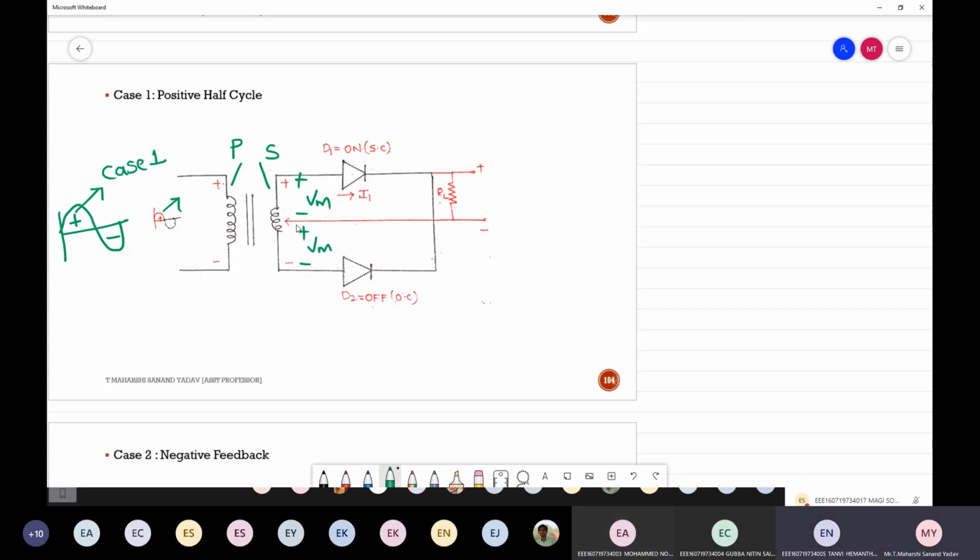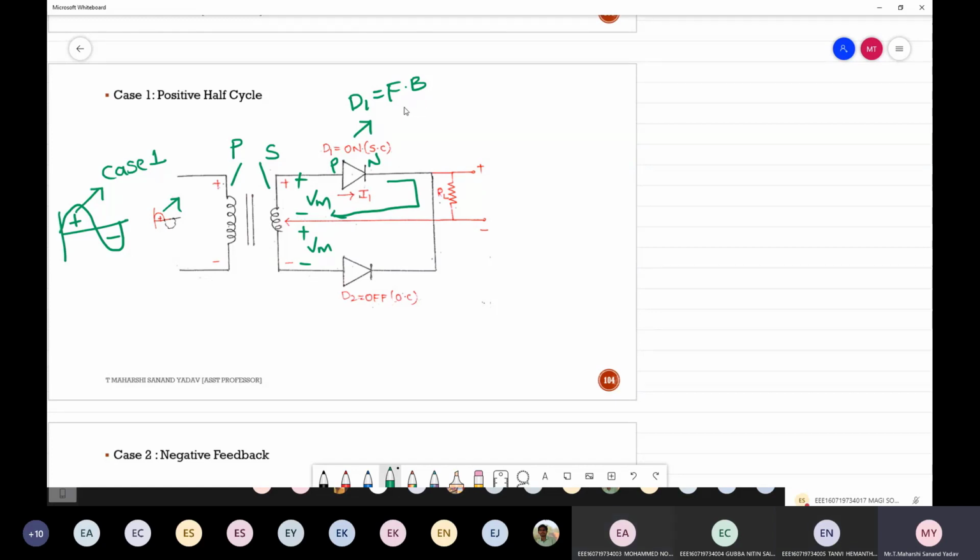Yes, anyone? So I'm applying something like this. For diode D1, here it will be positive and negative. For diode D2, the input is negative and here I'm applying positive. Now tell me the forward and reverse bias characteristics. First, diode D1 will be forward bias or reverse bias? Forward. Why forward bias? Positive we are applying. As P is connected to the positive terminal and N is connected to the negative terminal. Negative to negative, positive to positive. So it is forward bias.